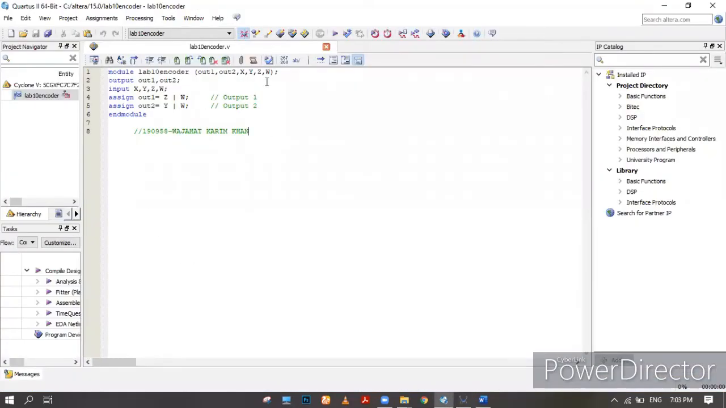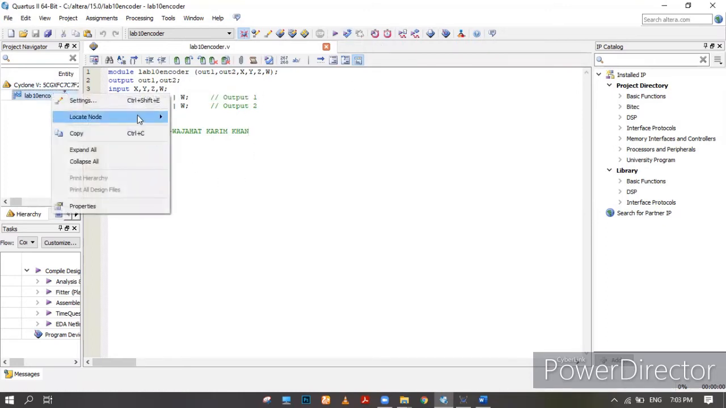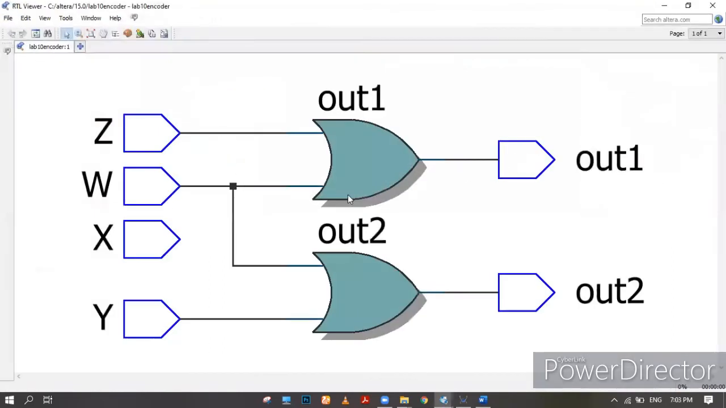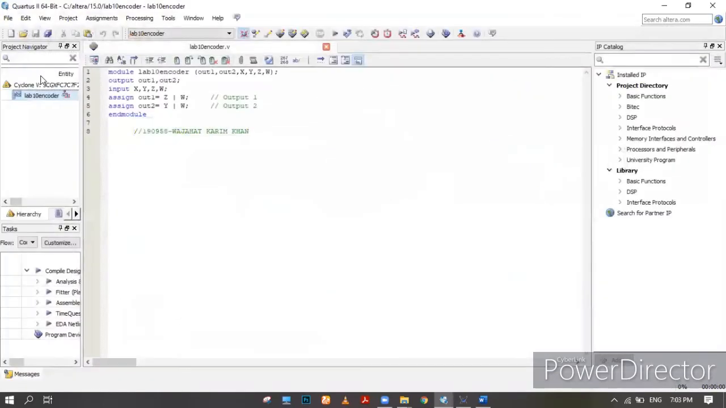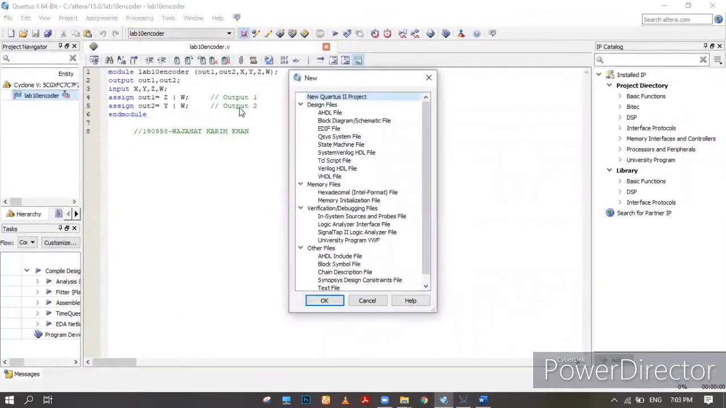As earlier, we have code written with X, Y, Z, and W, and these are our inputs, and these two are our outputs. Here we have assigned our Z1. And now we'll move on to our simulation. We have simulated earlier, so we will get our RTL view at first. This confirms our Proteus circuit. Now opening the VWF file,